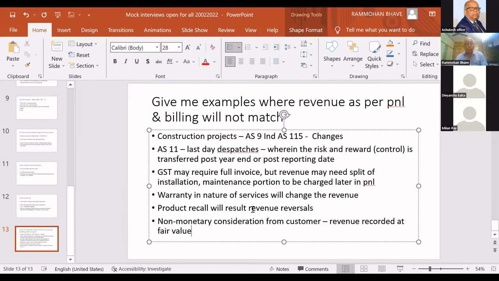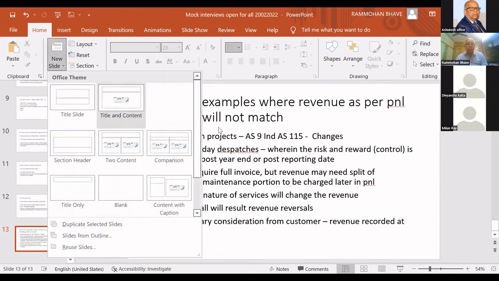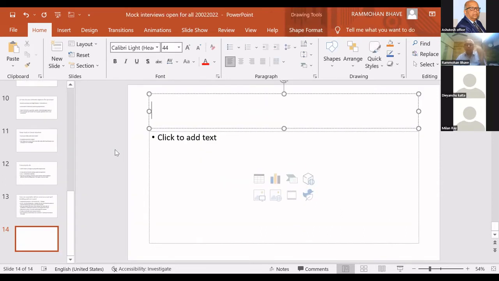So those of you who know IFRS Ind AS should be very cautious as to how they answer such a kind of question, because such questions are asked. Then one of the very common questions is,